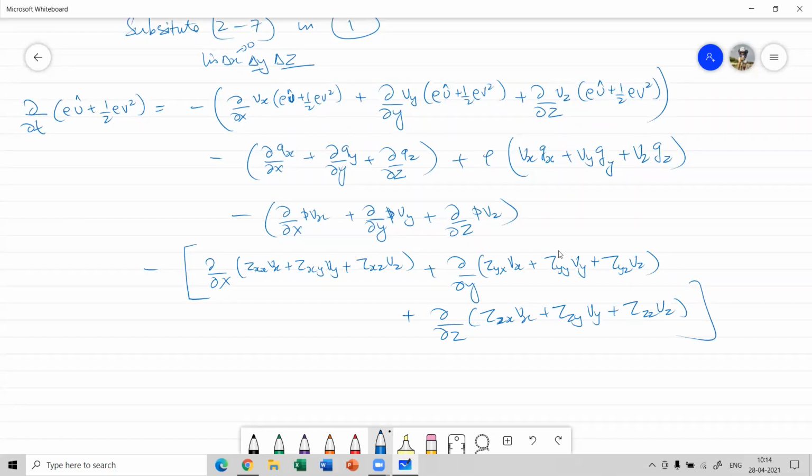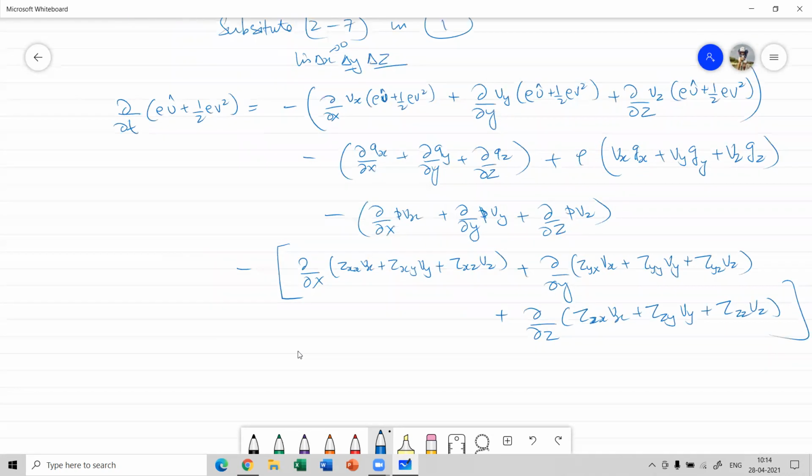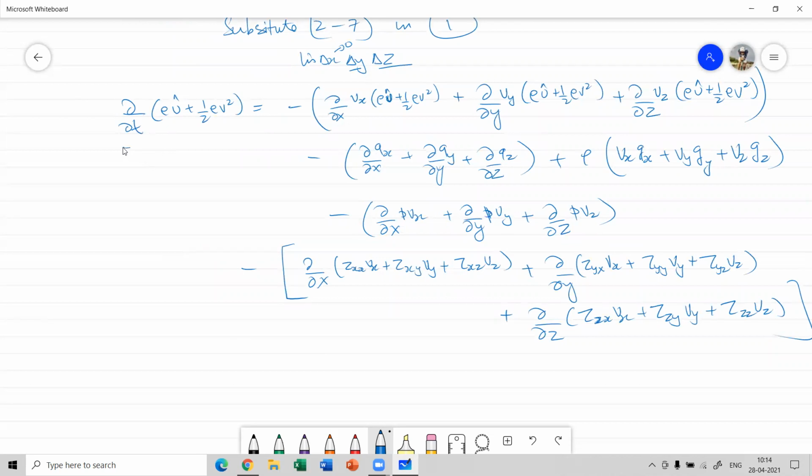So in the vector notation, they can be summarized, so let's summarize in the vector form. So this is the input because of the accumulation. This is because of the internal and kinetic energy, because of the convective nature. This is because of the heat conduction. This is because of the gravity forces. This is because of the pressure forces, and this is because of the viscous nature.